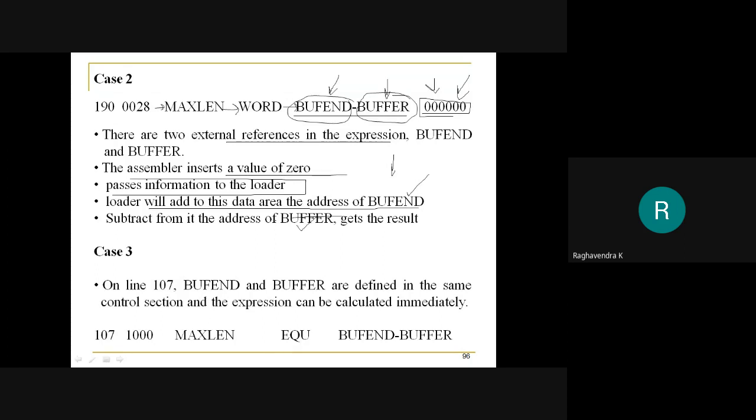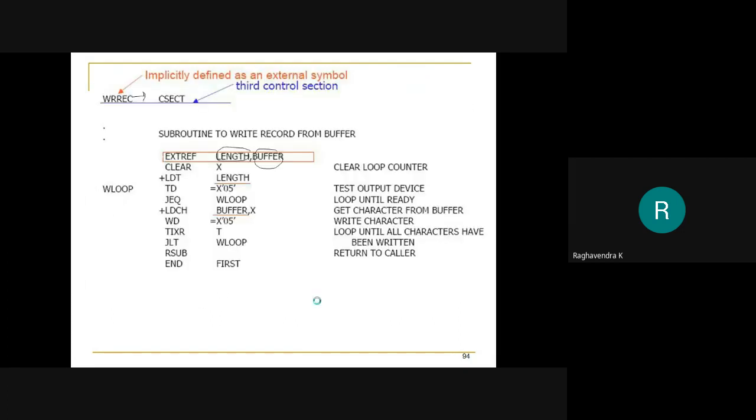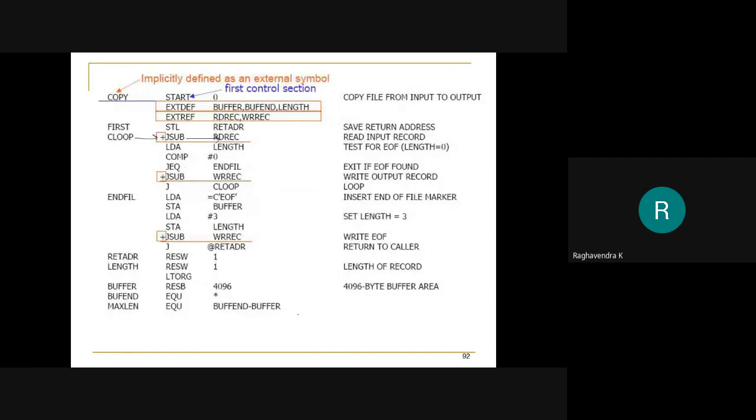Now there is a third case here on line 107. BUFFEND and BUFFER are defined in the same control section, and the expression can be calculated immediately. Like for example, in case of this main subroutine, you can observe the same statement is present, MAXLEN equated to BUFFEND minus BUFFER.